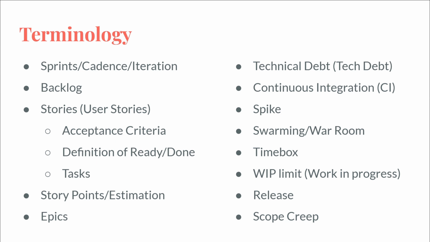I don't know why. It's part of the Fibonacci sequence, except that the 20 and the 21 are sometimes not in it. I don't know. But it's meant to kind of force you to decide, like, hey, is this a 3 pointer or is this a 5 pointer? And sometimes stuff just feels like a 4. And that forces you to say, okay, is this actually a 5, or is this just like a big 3?